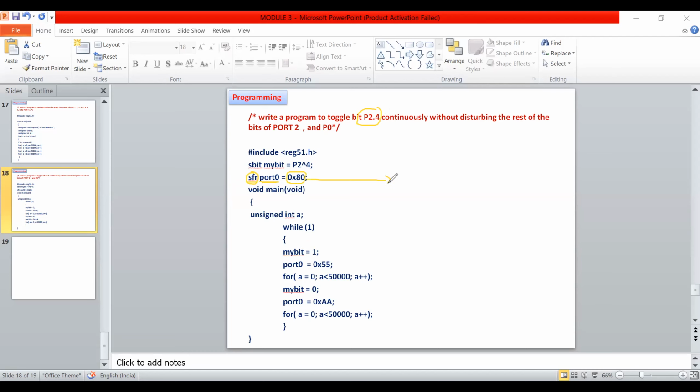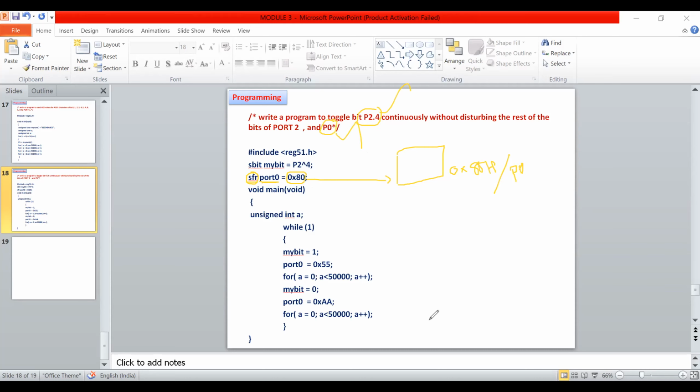It is nothing but port 0 in memory, the 80H address, whose other name is the port 0 register. If you control that register, automatically port 0 will be controlled. I'm going to toggle this particular pin and also port 0.